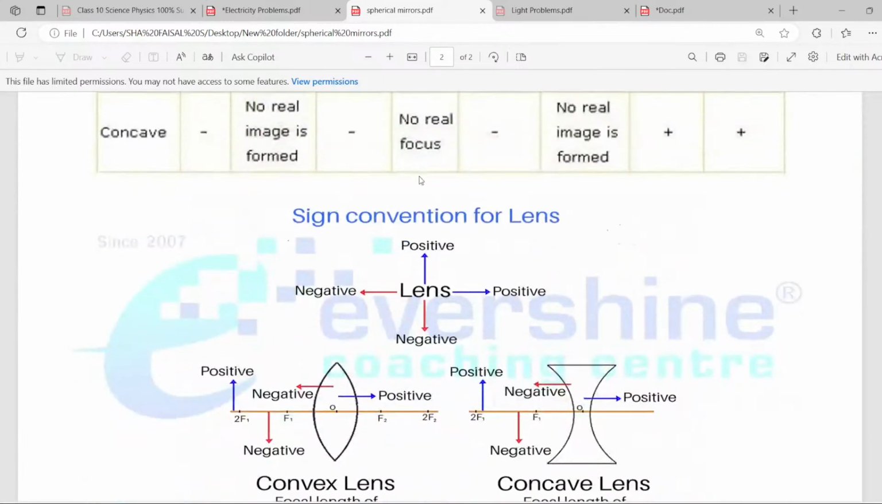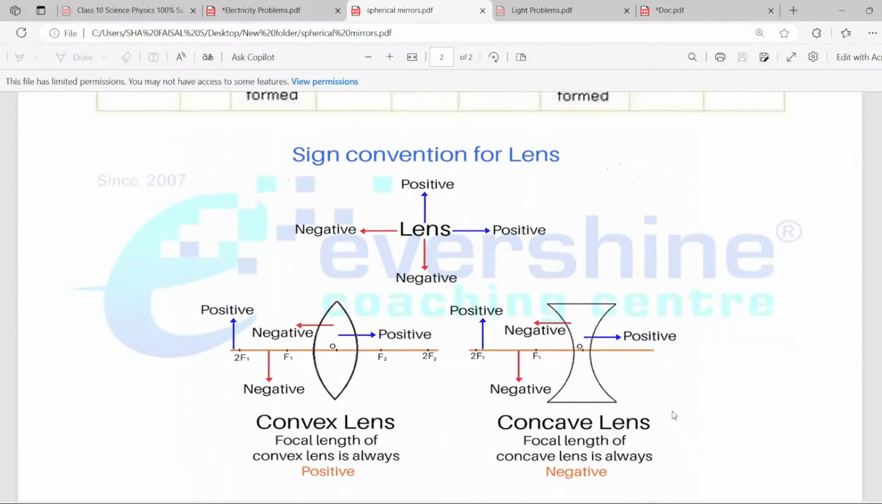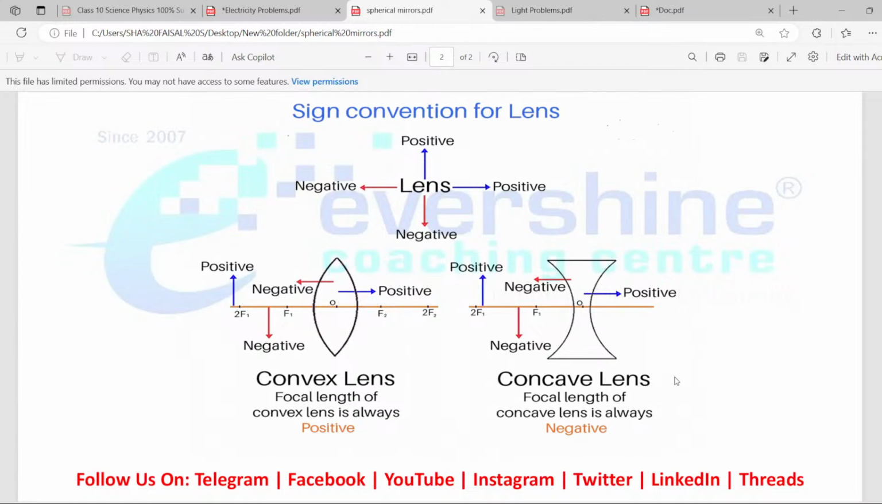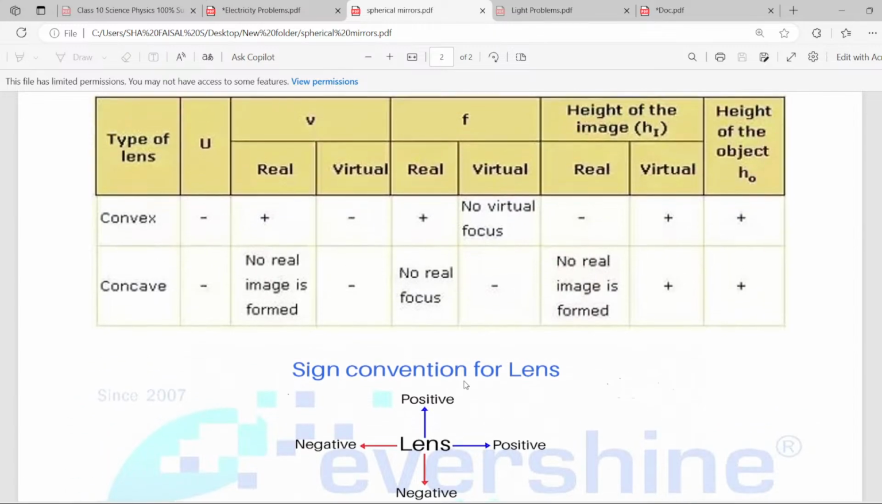In spherical lens, can you see this sign convention? This is a convex lens and this is a concave lens. This is the symbol of concave lens and this is the symbol of convex lens. Left hand side is negative, right hand side is positive. Above is positive, below is negative. If it is a convex lens, object distance